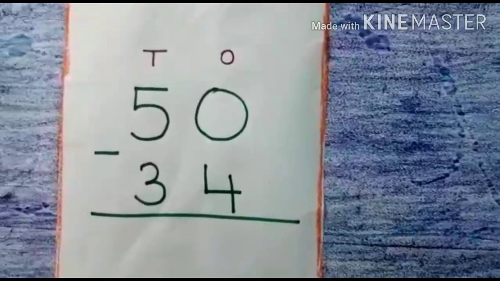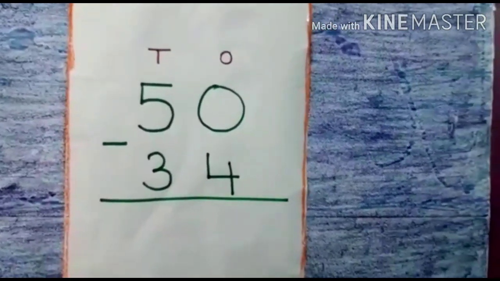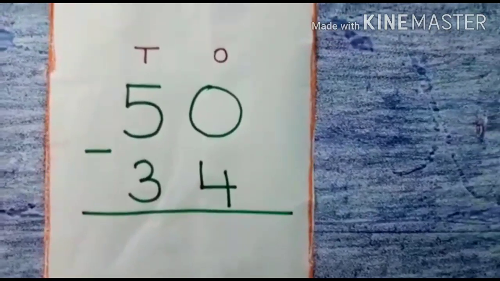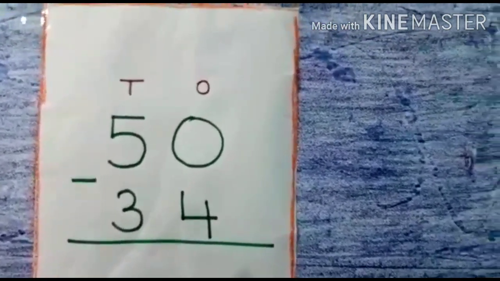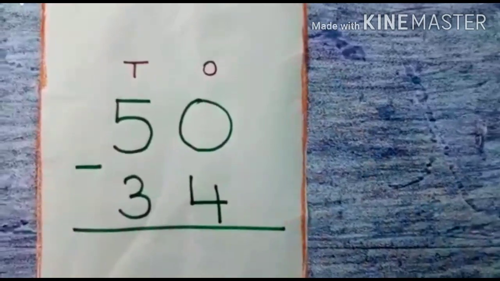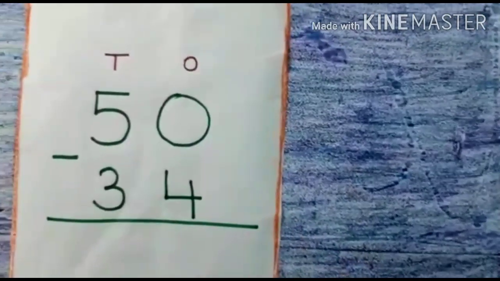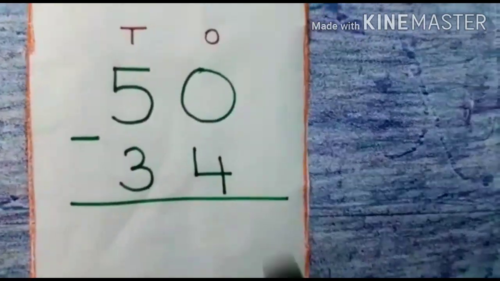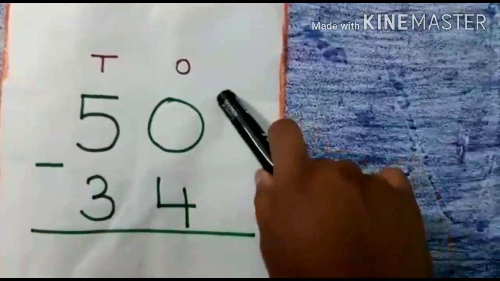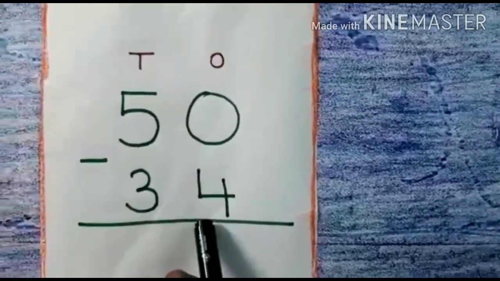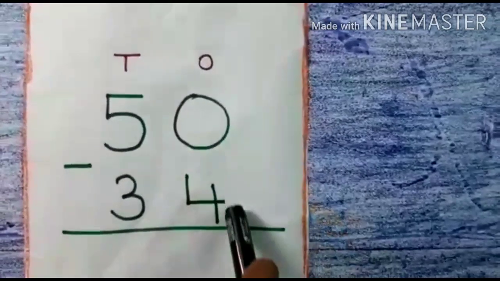And we will use our fingers. And which hand fingers will we use? Yes, left hand fingers. Now, first we'll start from which side? One side or ten side? Yes, from the ones side. Now see, in the ones place, on the top I have 0 and below I have 4. So from 0, can I take away 4?